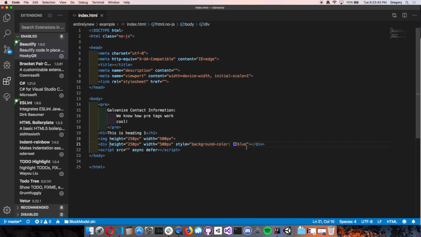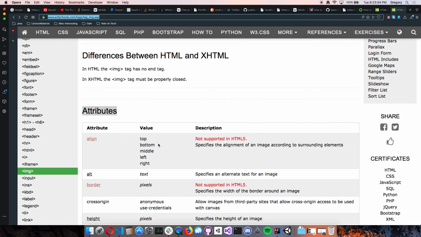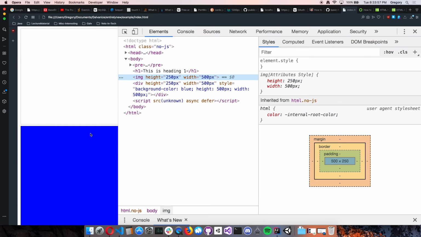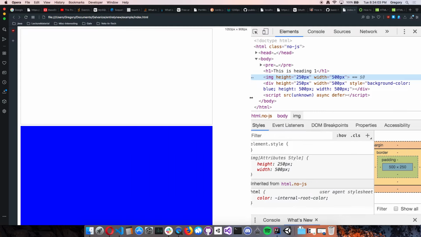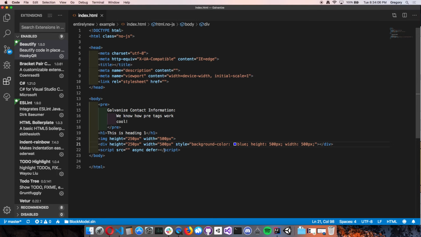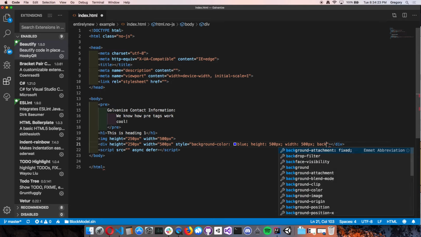So I would need to go into style, and I would need to say height 500 pixels, width 500 pixels. So again, that was CSS, that wasn't HTML. HTML didn't work on the div tag, but divs are awesome with CSS. If you want to just go nuts with CSS, divs are great because they can actually take the place of images, because then we could do background image,